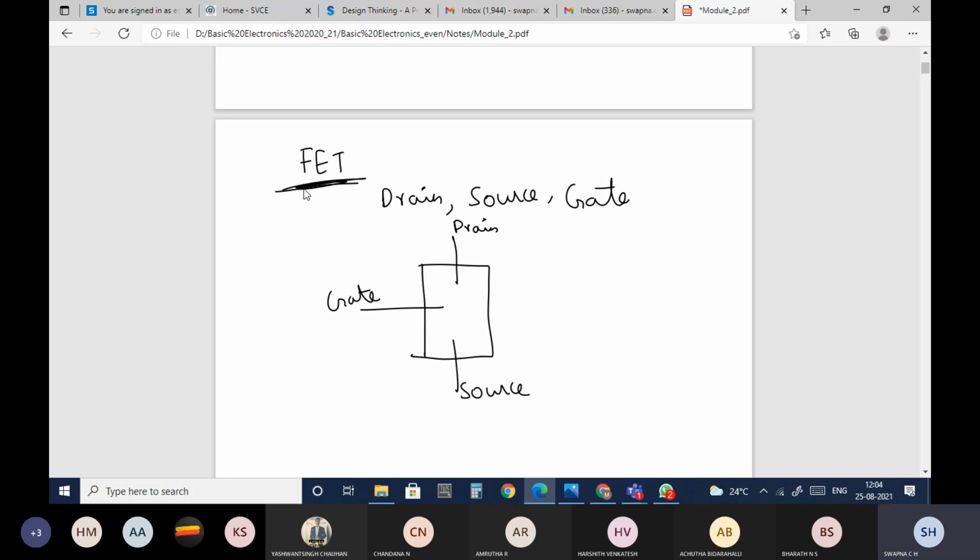I'll come again. Field effect transistor is a three-terminal device, and it will have drain, source and gate as three terminals like this. Okay, so the name implies that the current flow through the device, or the drain current, ID, is represented as drain current.